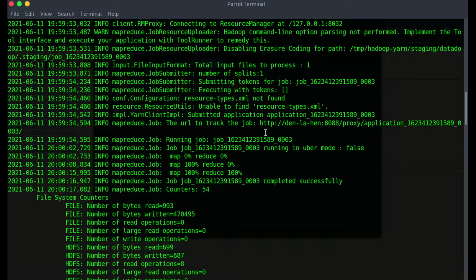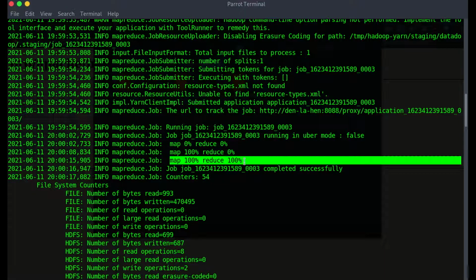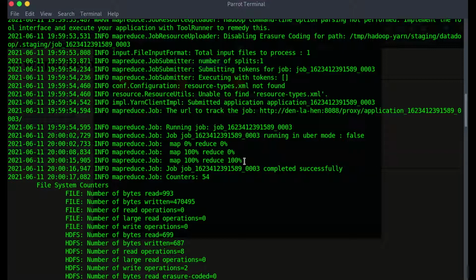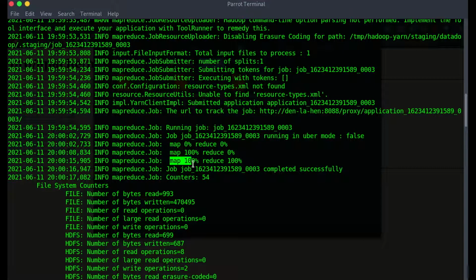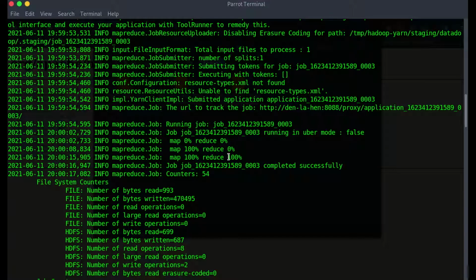If there's no error, you can clearly see that the map and reduce jobs have completed successfully with 100% execution. So I am showing this here because in case there's any error on the reduce part alone, then it will clearly say that your mapper has been executed and the intermediate key value pairs have been generated successfully, but the reduce phase has a couple of errors and the reduce phase didn't get executed, okay. So you can simply modify that part of code alone, okay.